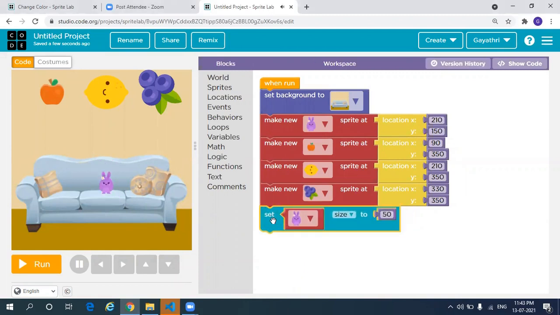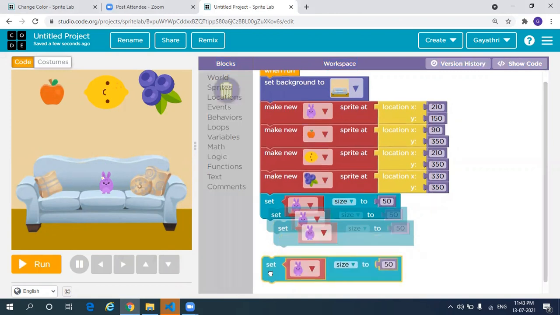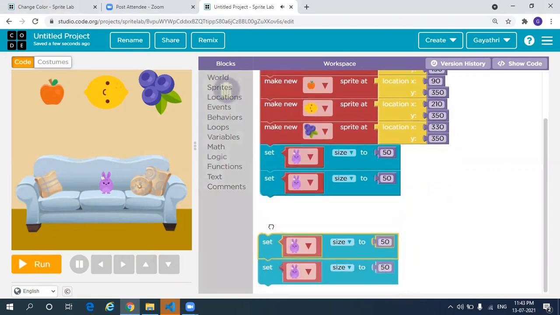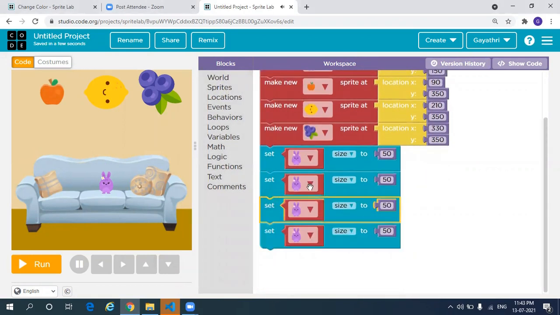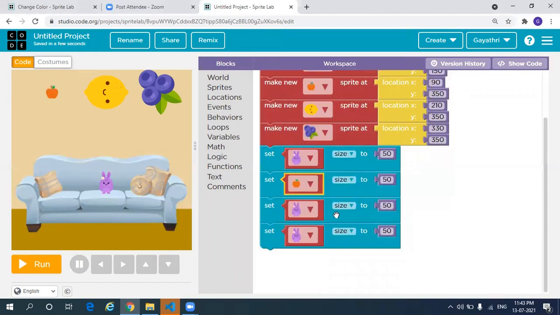So Control C and Control V 3 times. So right, this will be for apple. Select apple, size 250. Okay, then select lemon, size 250, and this time for grapes, size 250. Okay, the sizes have reduced.